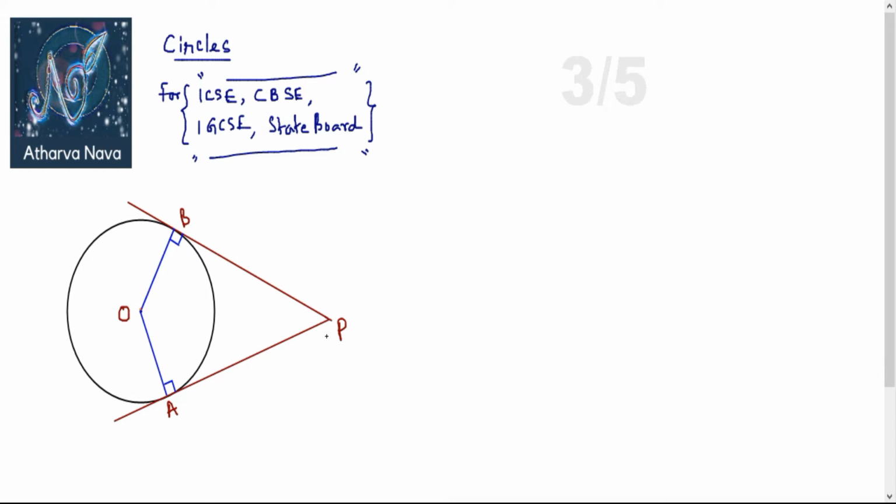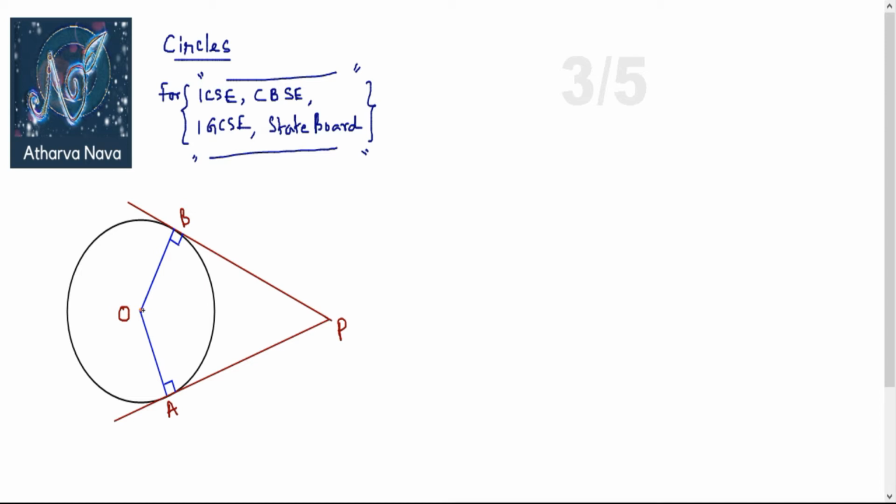That's the property. So the property says the two tangents drawn from the point P outside the circle are equal in length. We need to prove that AP and BP tangents are equal. Okay, this is the property, but we are trying to prove it also so that we understand it better. Now for this figure you can see very clearly OA is the radius, OB is the radius, and they are forming 90 degrees with the tangents AP and BP respectively.